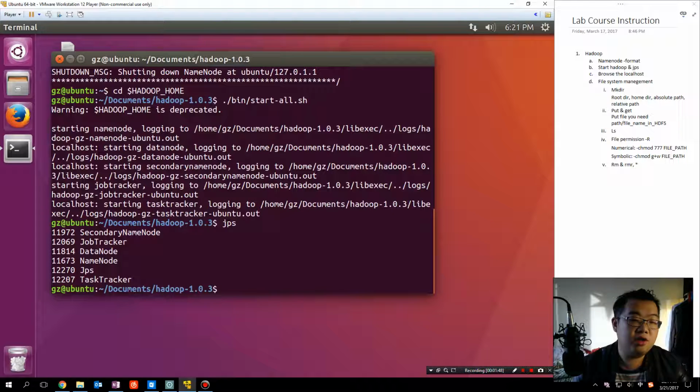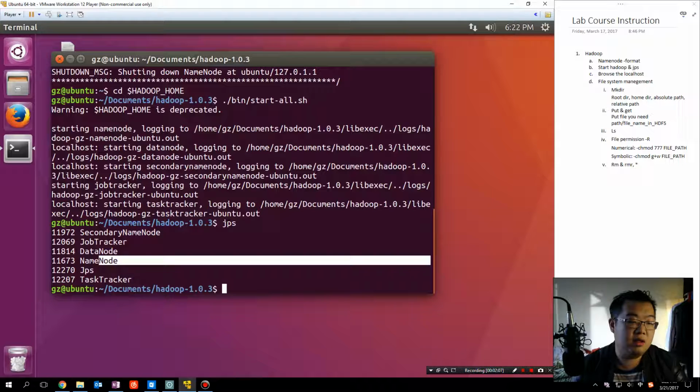By the way, jps is not from Hadoop; it's from Java. It is used to check how many virtual Java processes are running in your computer, because we use our localhost as the Hadoop base. So you can see the name node and the data node are all on the